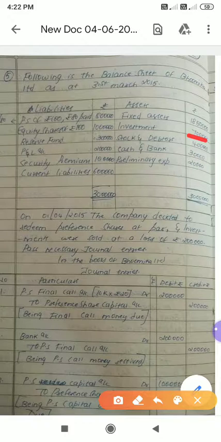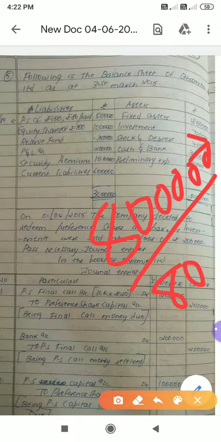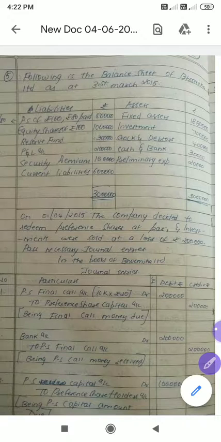See in the question, these shares are partly paid. So what we have to do? We have to make a call. So what should be the journal entry? Preference share final call account. So how many shares we have now? Already I have told you the explanation. That is 8 lakh divided by 80 rupees. If we do, how much we will get? 10,000 shares we will get. So 10,000 into what is the uncalled amount?